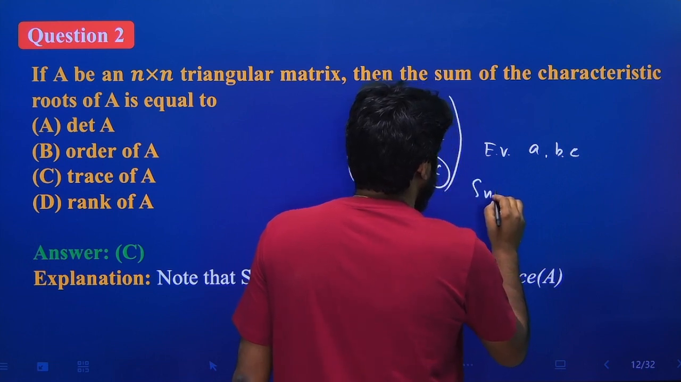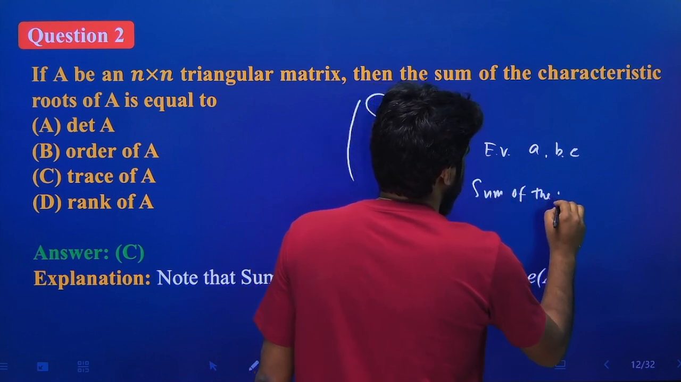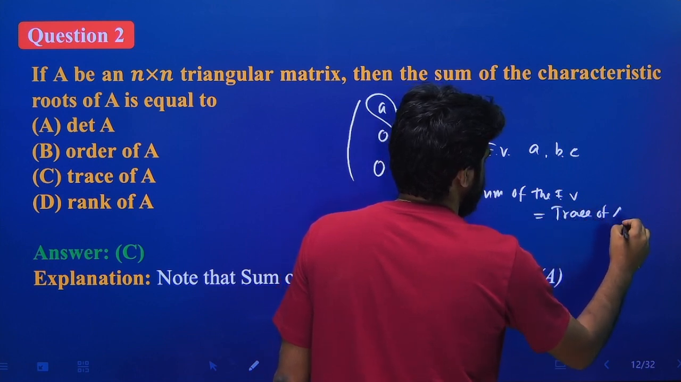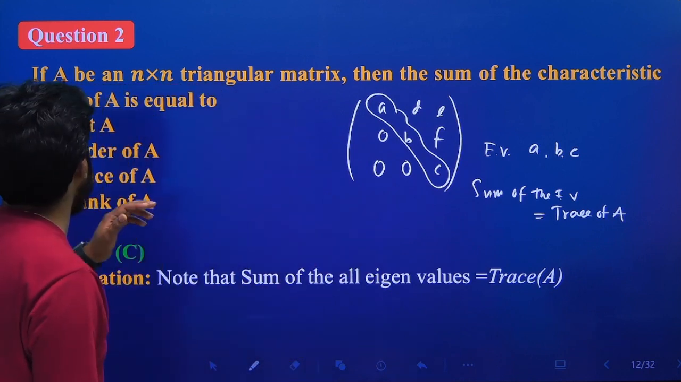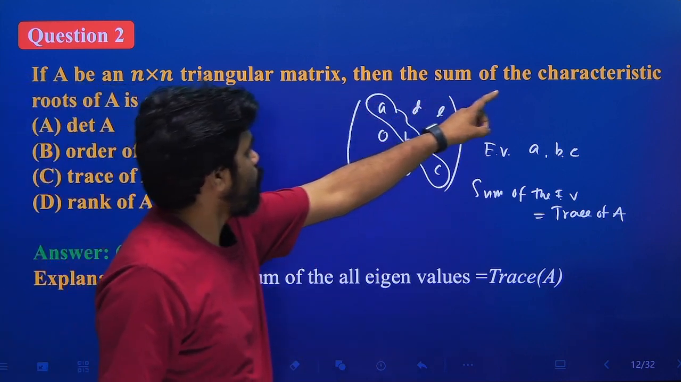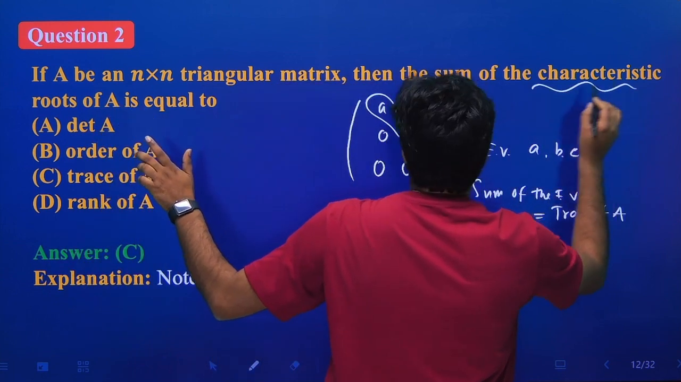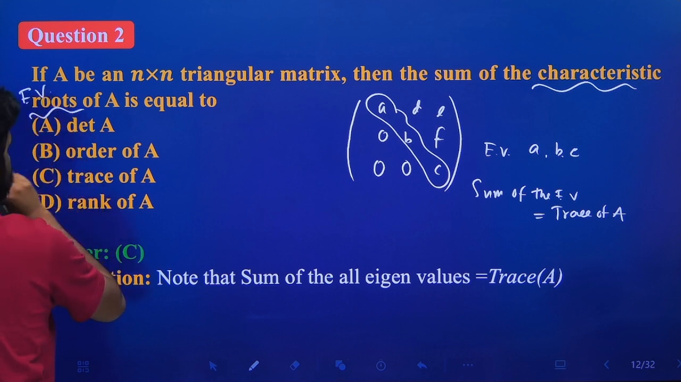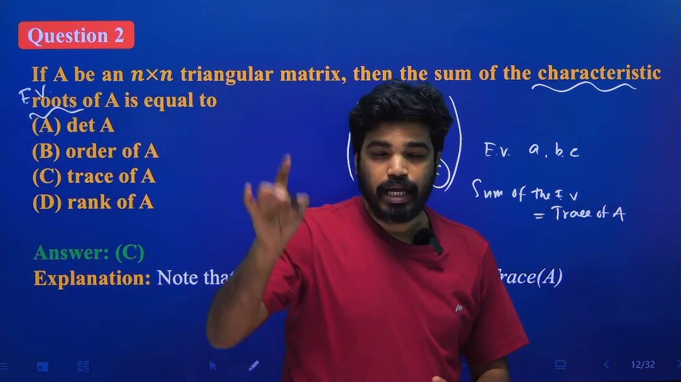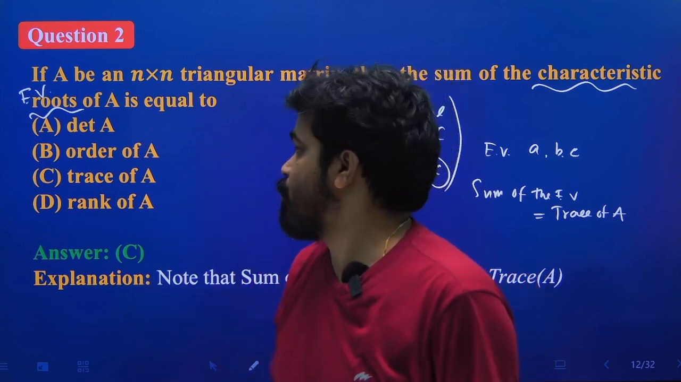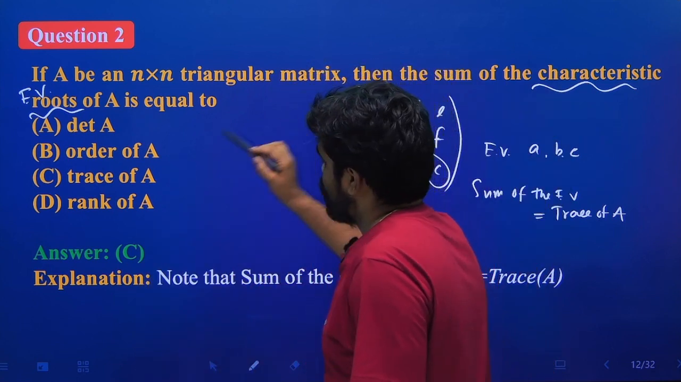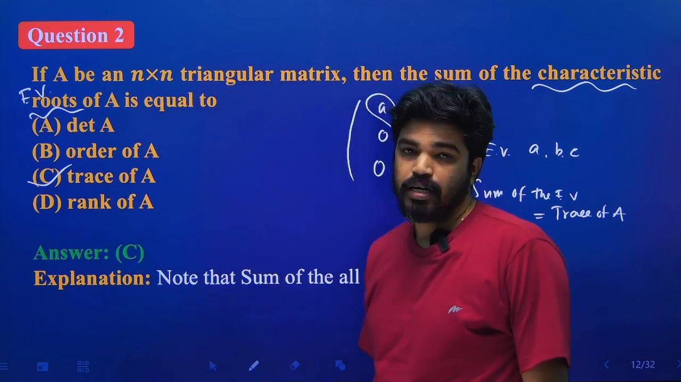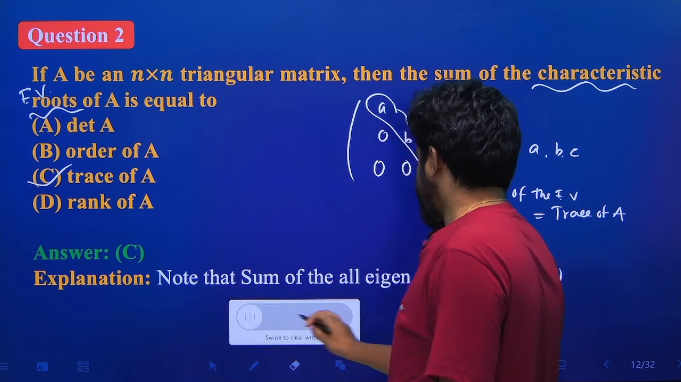We know that the sum of the eigenvalues is equal to the trace of the matrix A. Here it says the sum of the characteristic roots, that means the eigenvalues, is equal to the trace of the matrix, and the product of the eigenvalues is equal to the determinant of the matrix. So here we have to find the sum of the eigenvalues. So the sum of the eigenvalues is equal to the trace of the matrix, so that is trace A. So option C is the correct answer. Okay, so next,